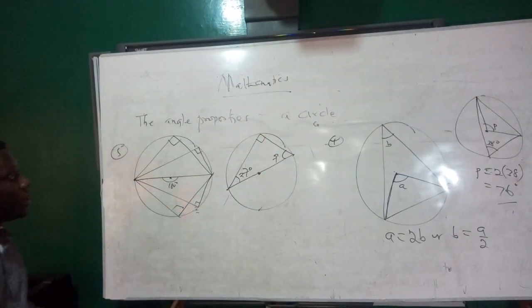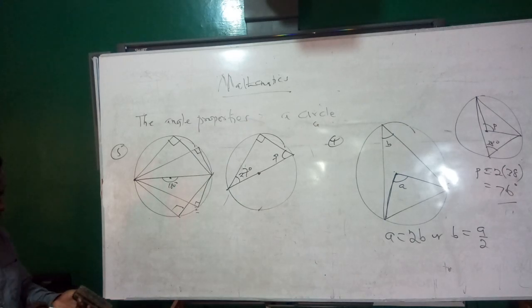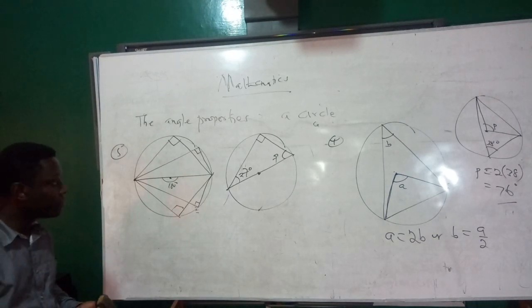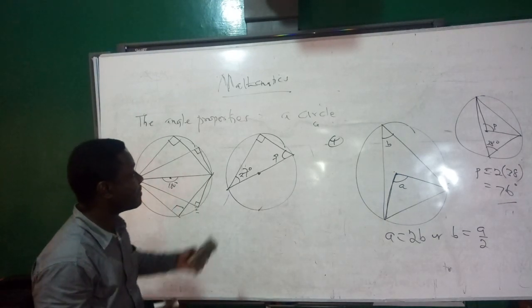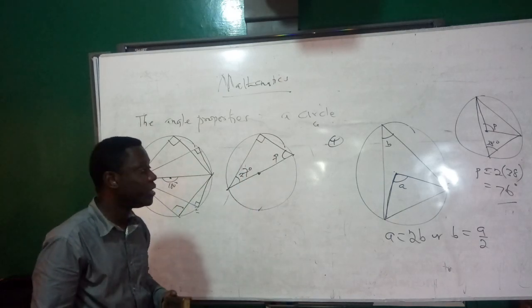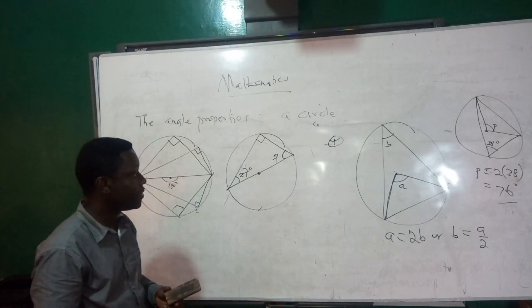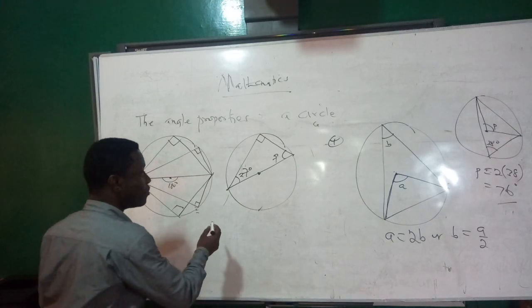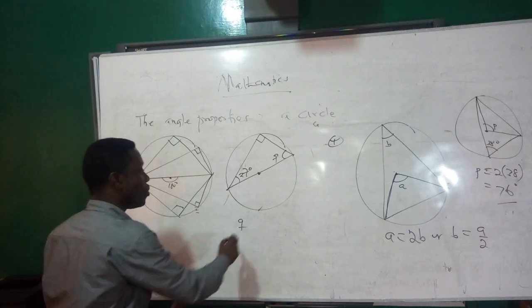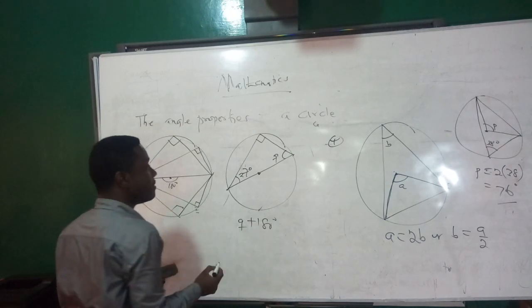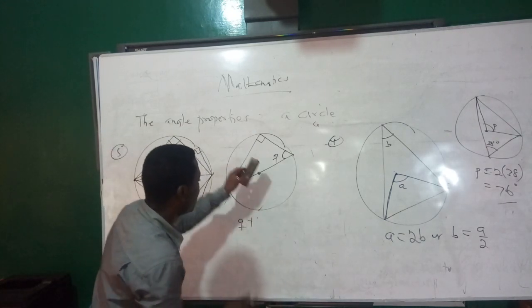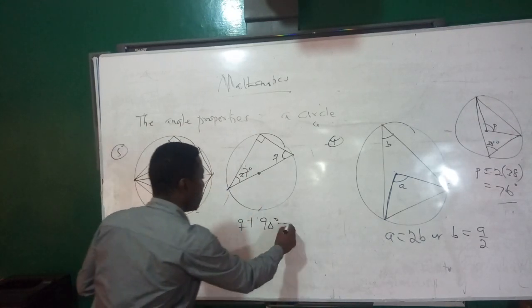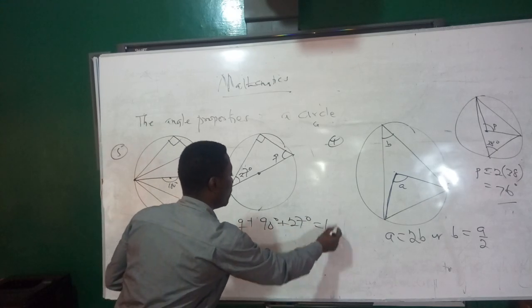And this time, you will need another property we have learnt already, coming from plane geometry 1. That is, the sum of the interior angles of any triangle is 180 degrees. So in this case, we are going to say that our Q plus 90 degrees plus the 27 degrees will give you